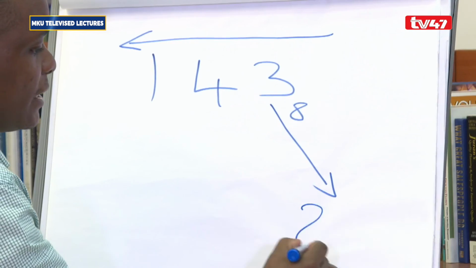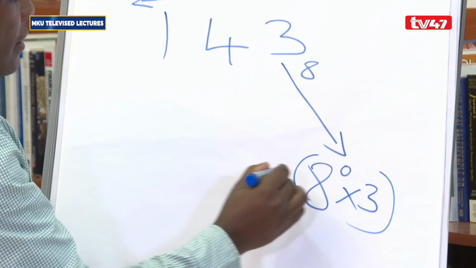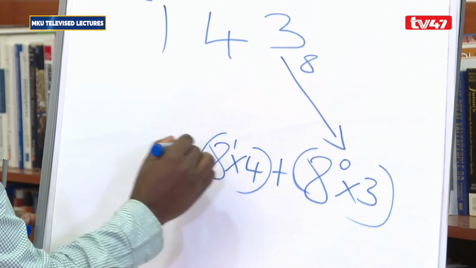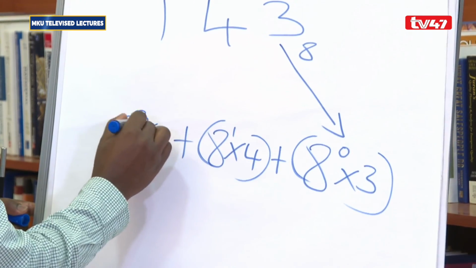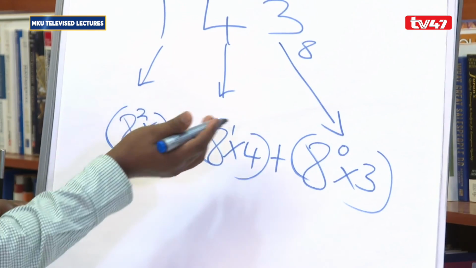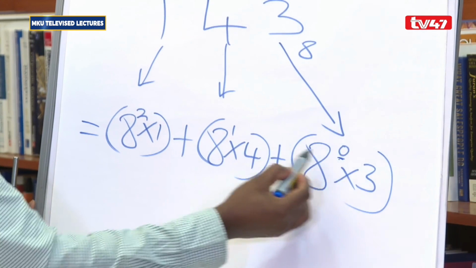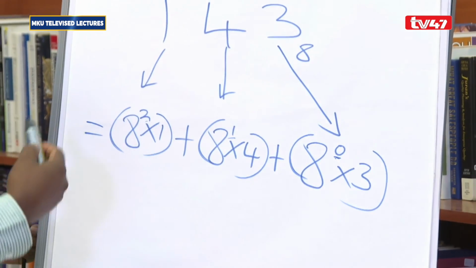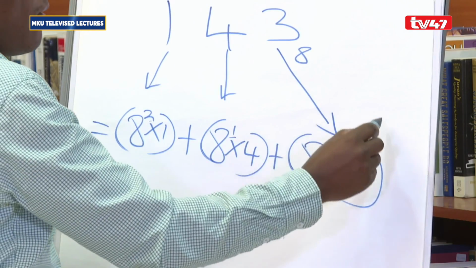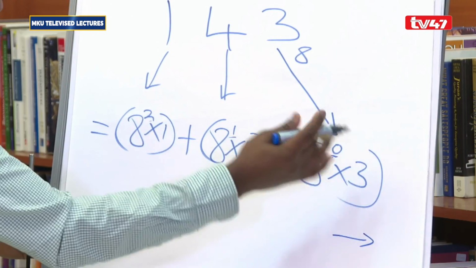So this one will be 8 to the power 0 times 3, plus 8 to the power 1 times 4, plus 8 to the power 2 times this one. So as you move towards this head, you pre-multiply as the powers increase from 0, 1, 2. And if it's a fractional number, again, we do like we have done with the binary. You start with 8 to the power minus 1 if it's a fractional number, as you move this side. Then you add the values